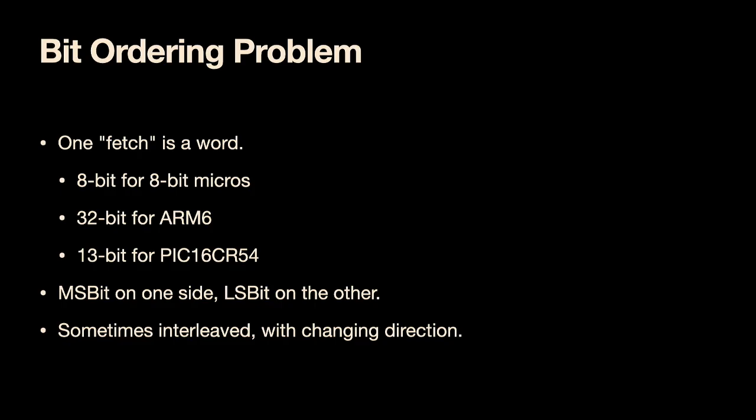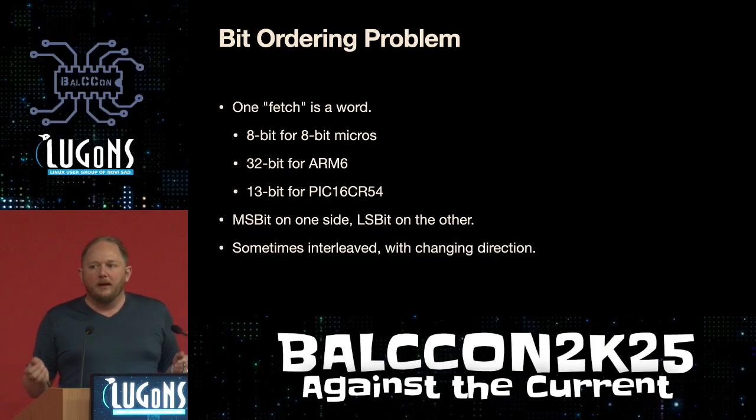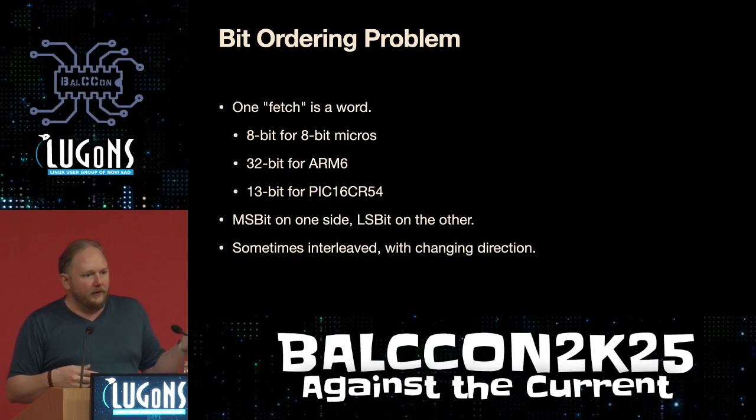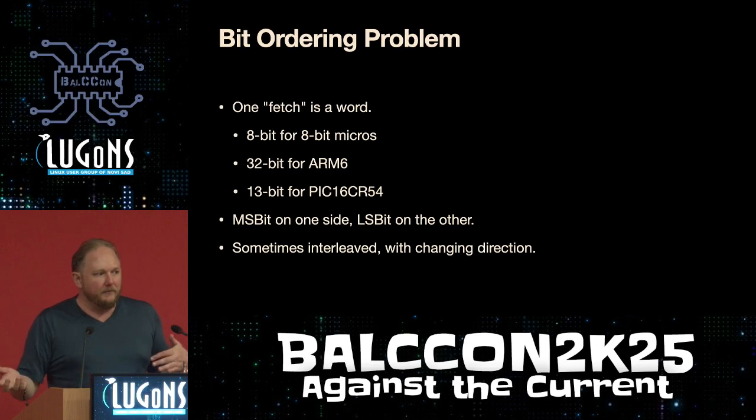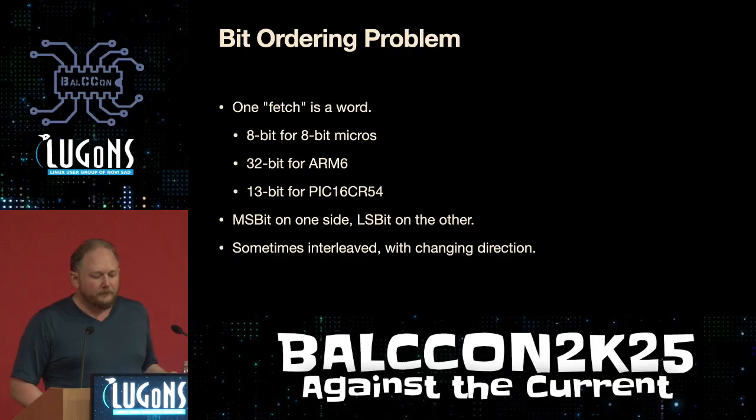So as part of figuring out the order, a ROM generally has a native size. So an 8-bit ROM, when you read from it, you assert the address lines, you tell it you're doing a read, and it gives you back 8 bits. A 32-bit ROM does the same thing with 32 bits. When you fetch this word,